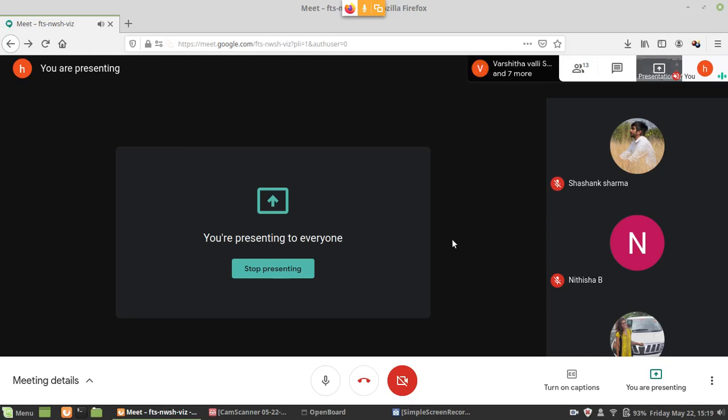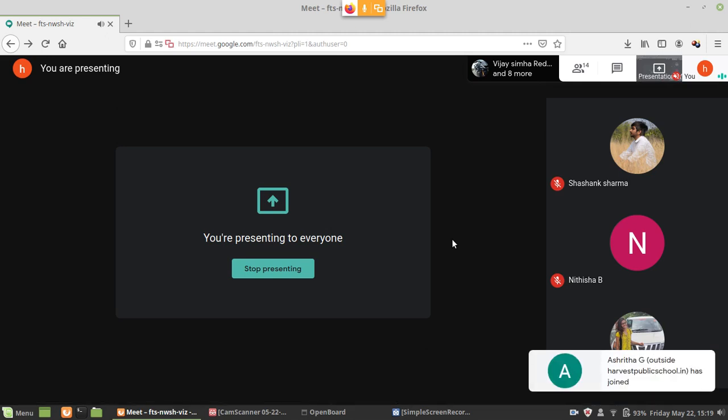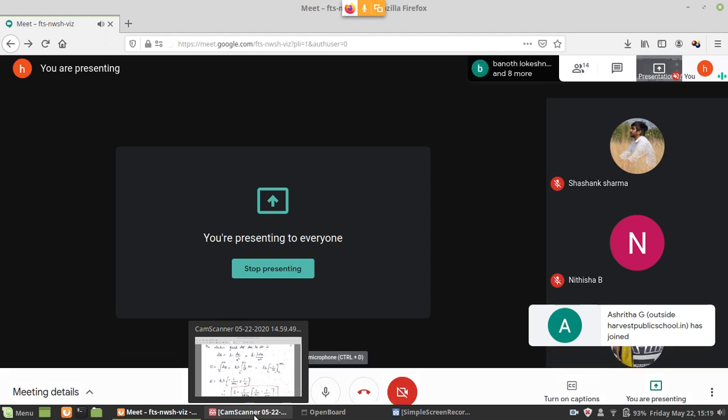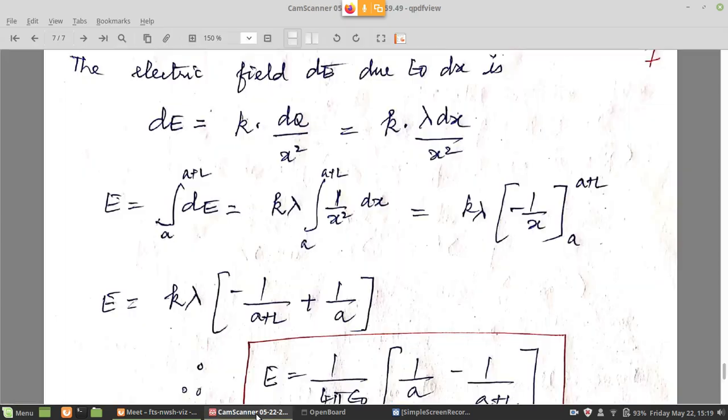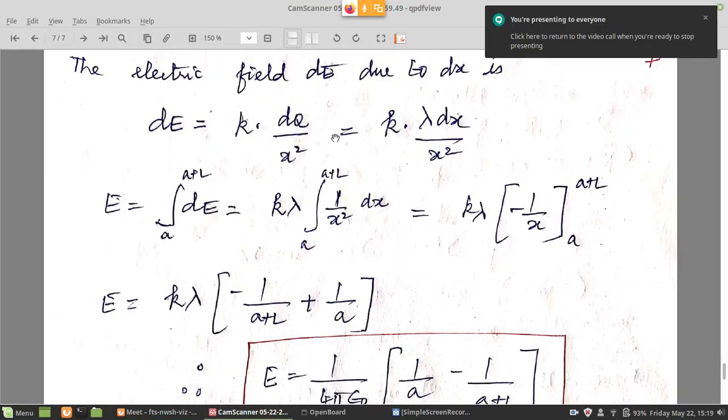We'll continue discussing some problems on electrostatic force on a particle in an electric field, that is Lorentz force. And then from there, we'll move on to discuss some new concepts as well towards the later half of the class. Okay, so first, let us try to do some problems on the Lorentz force concept.